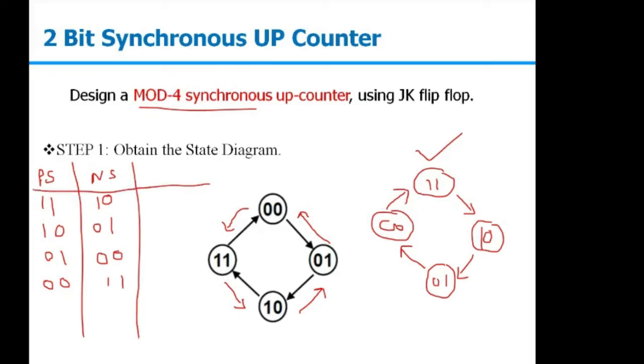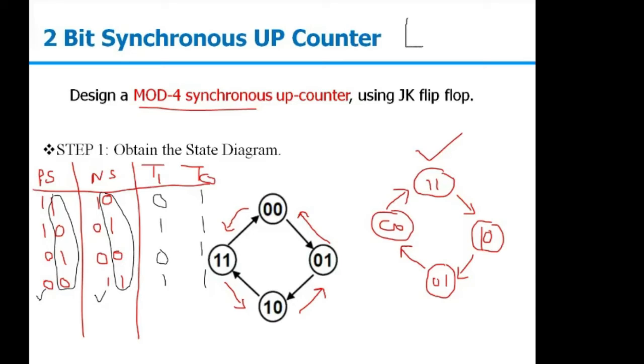Then if I want to design the circuit by using T flip flop, I will have the values of T1 and T naught that we need to find. These two will be giving me the value of T naught and these two will be giving me the value of T1. So for T naught, you can say this will be all 1 because in every case we have the toggle operation. So T naught will be 1 and T1 will be 0 1 0 1. So this will be something like we are having T naught, that will be 1.